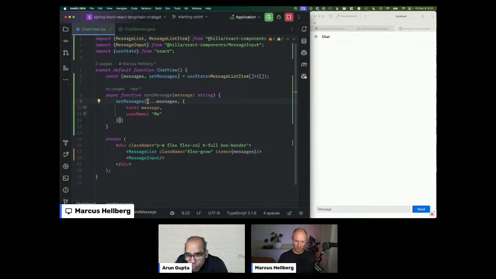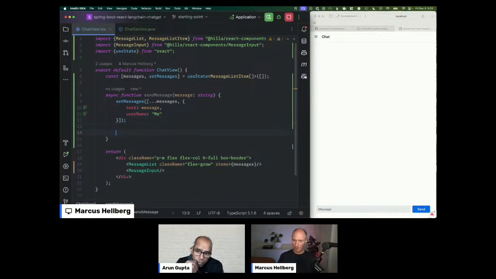So what's happening here is we're assigning a new array. We're using the brackets to create a new array. This syntax here means that we're going to explode all the previous items from the previous messages array, and then the last item in that array is this new item. The reason we're going through all of this instead of just calling push with a new item is that React tracks only the reference to the array, not the contents of the array. So we're essentially working with immutable data structures here, which is why we're creating a new array, if that makes sense.